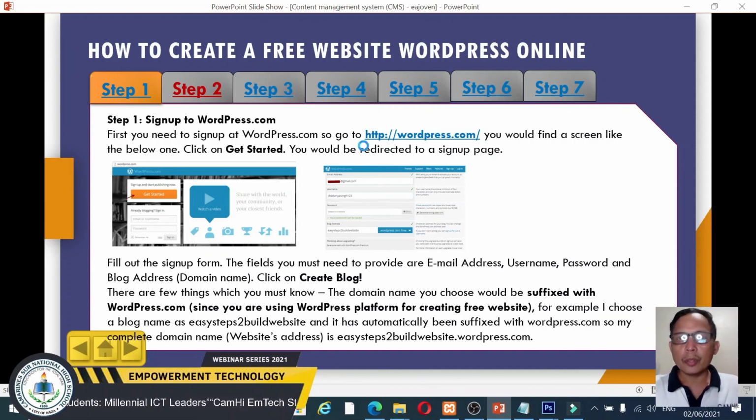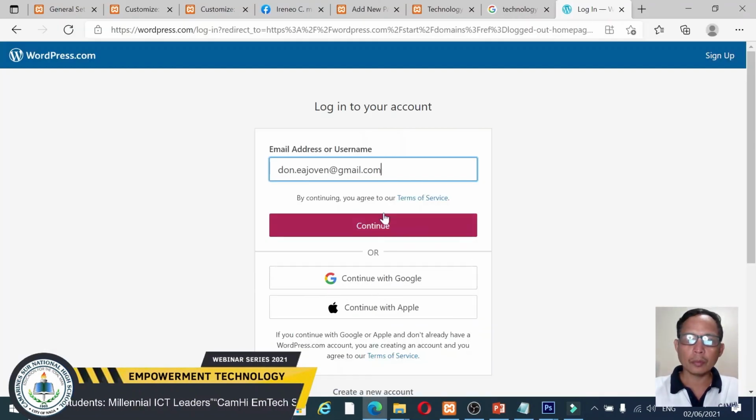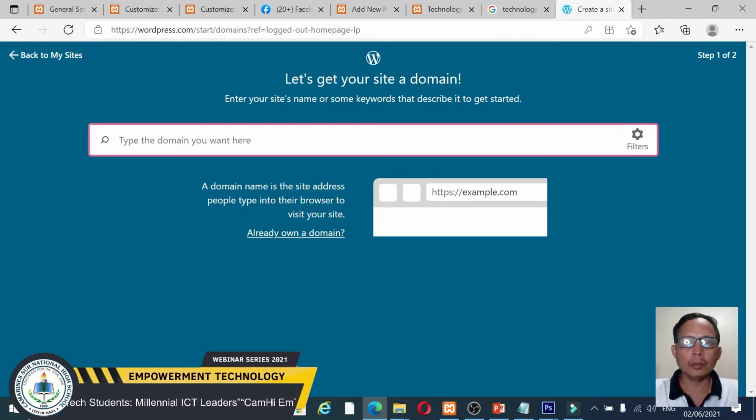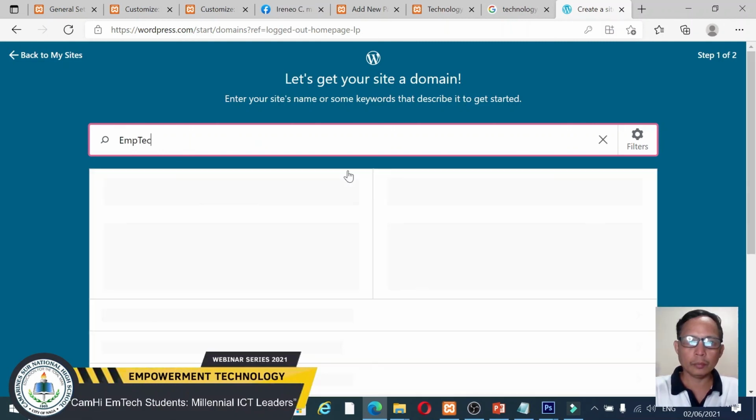For example, then type the domain name you want here, Technology, EmTech.